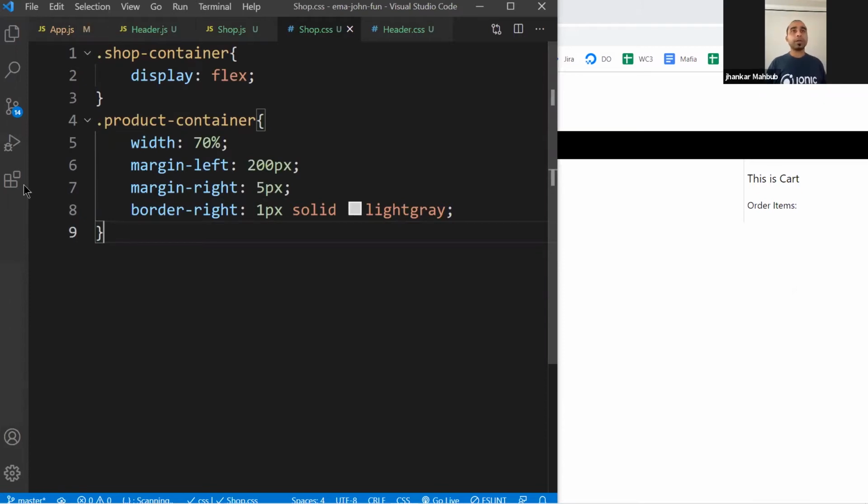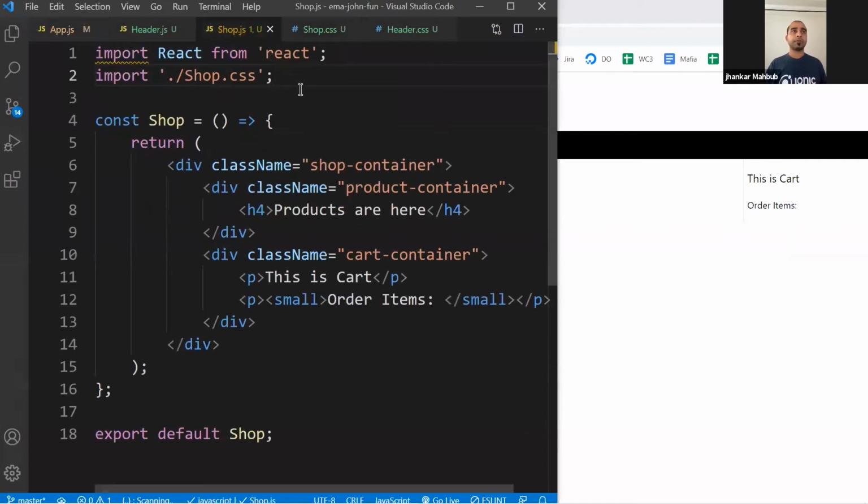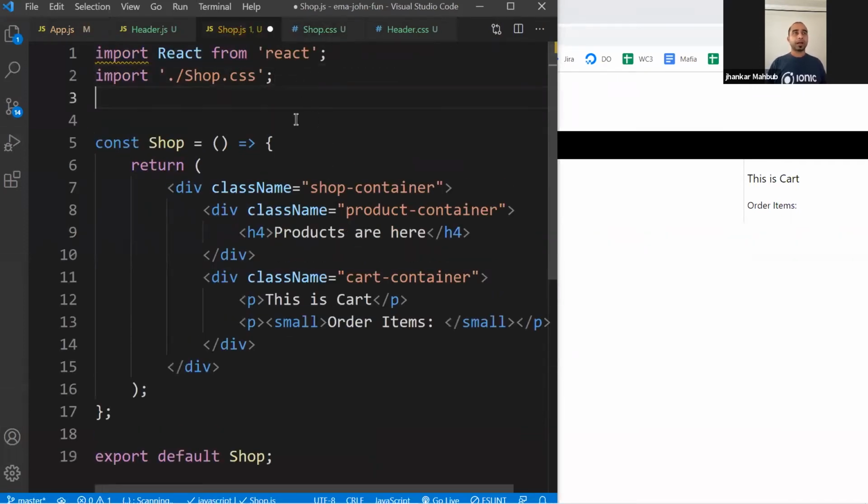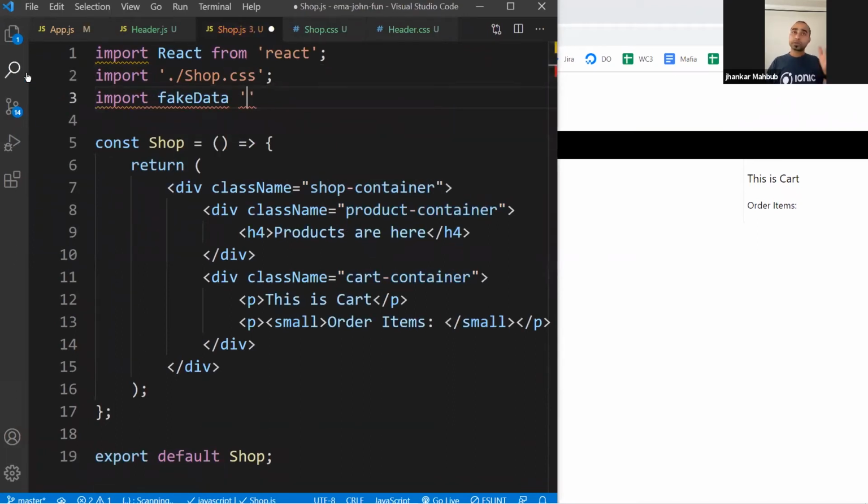So now our goal is to actually show some products. If you hosted the products somewhere, we can load those using fetch, like the way we have seen in our previous session. However, since we have some fake data, we can easily import those and then use the same style. So here, if we need to load some data, we will import fake data. And fake data is what we imported once we downloaded it there.